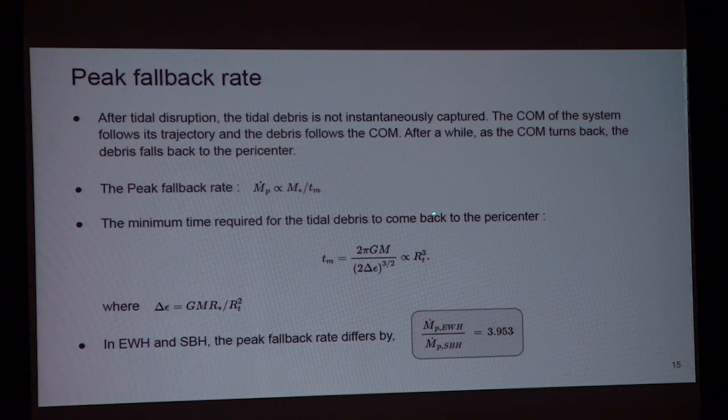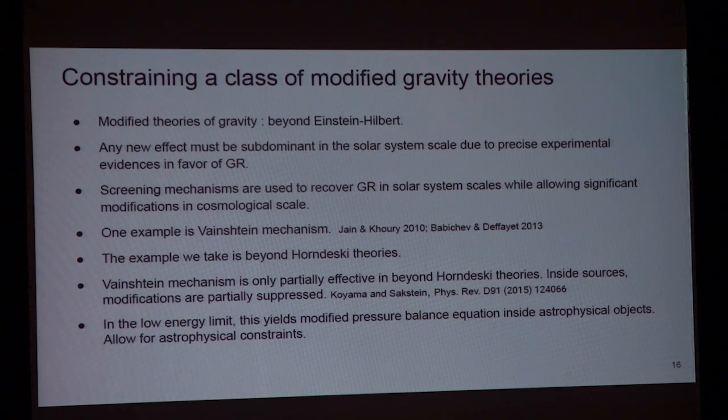required for the debris to come back to the pericenter. What we found is that the peak fallback rate from our analysis differs by about 4 times. That's not a lot, but at least there is some tangible difference in the peak fallback rate between the black hole and the wormhole. And now I come to constraining, how we can use tidal effects to constrain a class